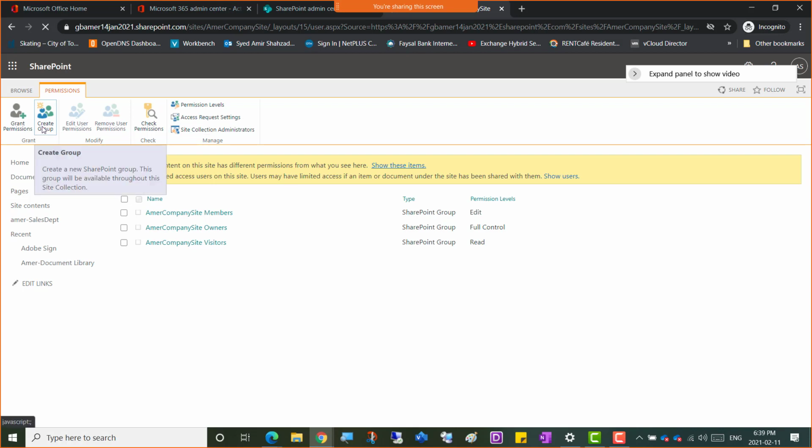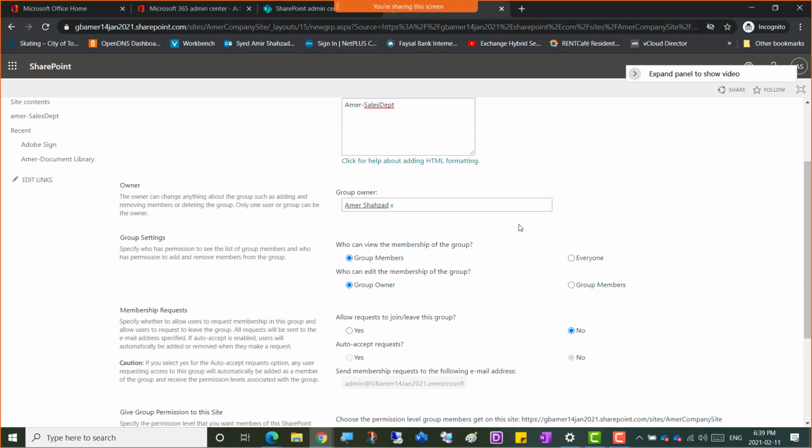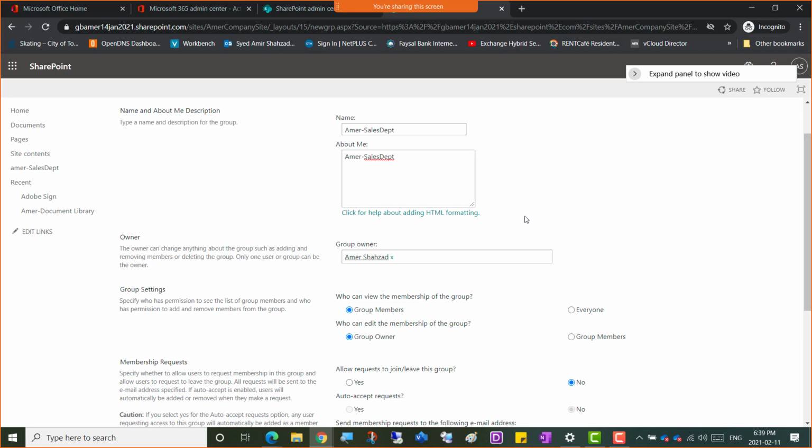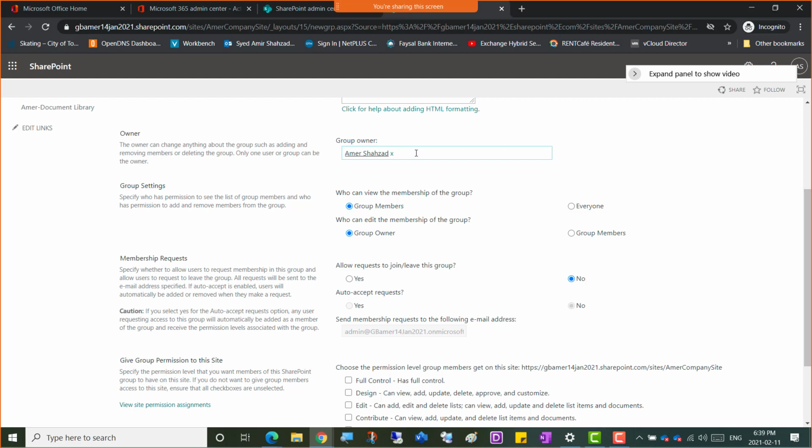Oh, I have to confirm that I clicked it. Oh, okay, so create group, and then I'll go for Control V and Control V here, and click for help about HTML formatting. Yeah, so now once we go to this, it's pretty straightforward. You know how we're just creating a group here, but what SharePoint asks when you're creating a group is the group owner. Obviously the site admin is already added here, but you can add anyone else. So can we add someone plus the first person, or well, one user is already added. If I just start adding